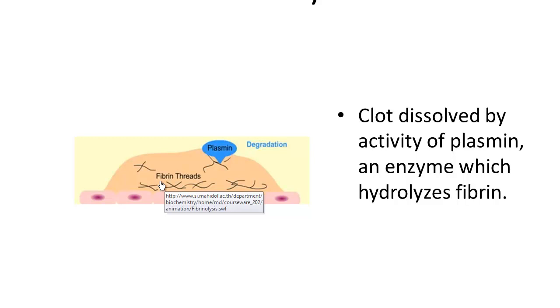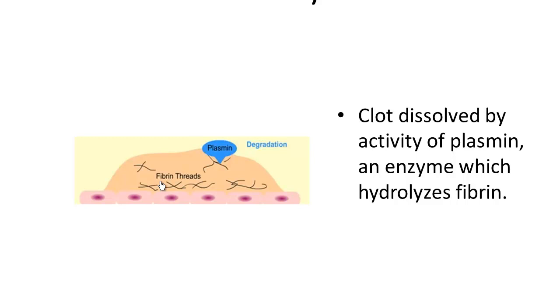And then a new clot may form somewhere else, but again, we're constantly breaking these down with the help of this final enzyme called plasmin. So just know that plasmin is something that dissolves a clot, breaks down that fibrin. There's other substances in our blood that also help break down clots, and